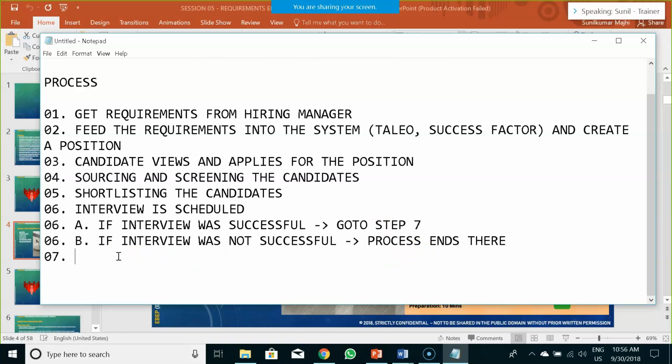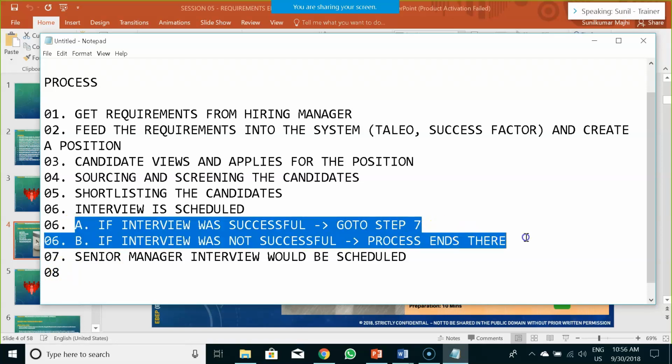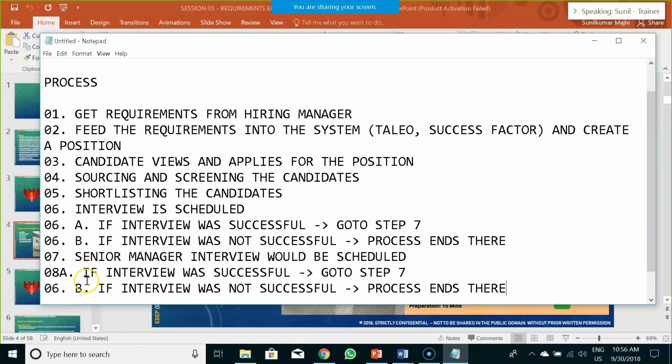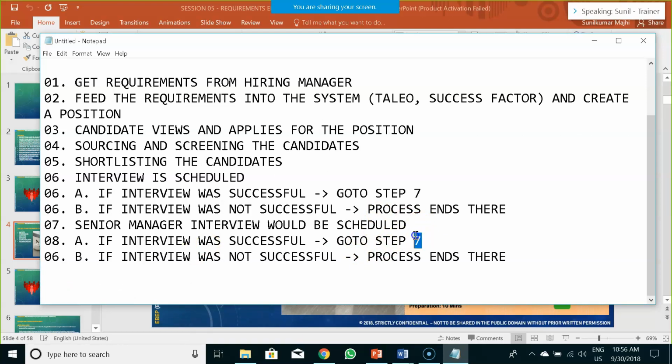So essentially the second round of interview would be scheduled, or senior manager interview would be scheduled. Now after that senior management interview is scheduled, again there are two possibilities: if interview was successful, if interview was not successful. So if interview was successful, it would go to step 9, and if interview was not successful, the process would end over there.